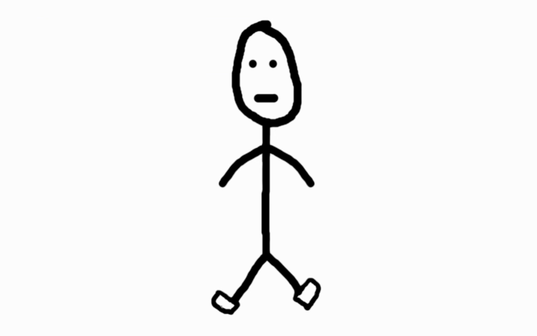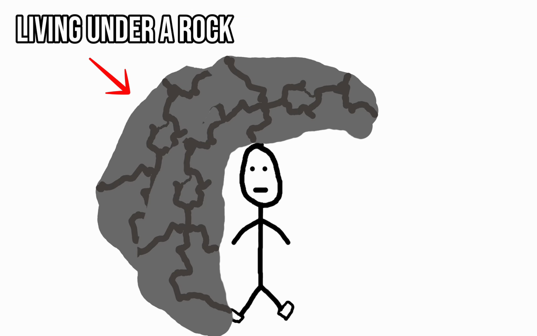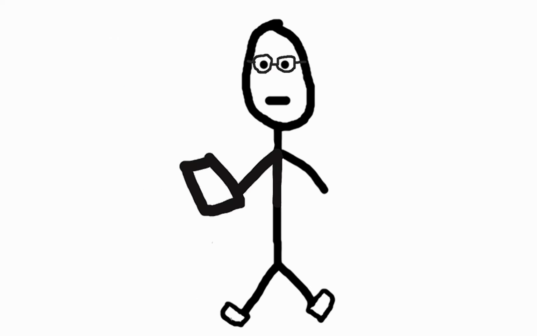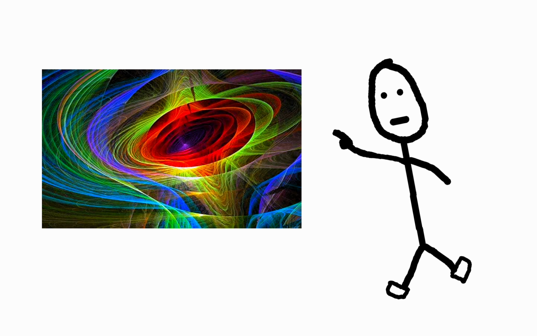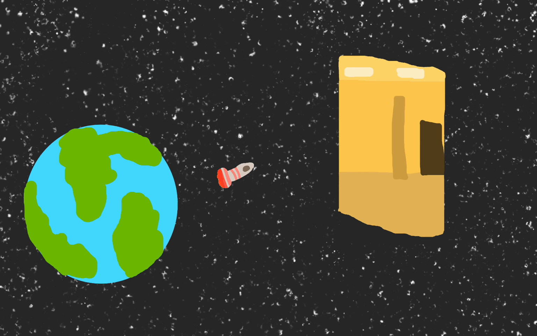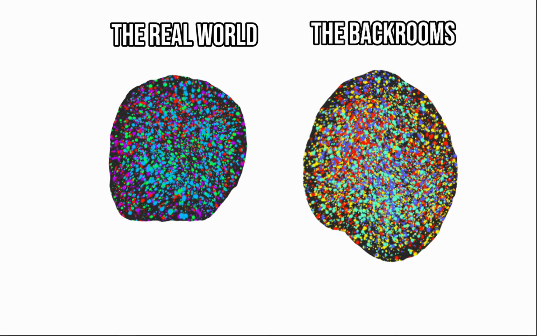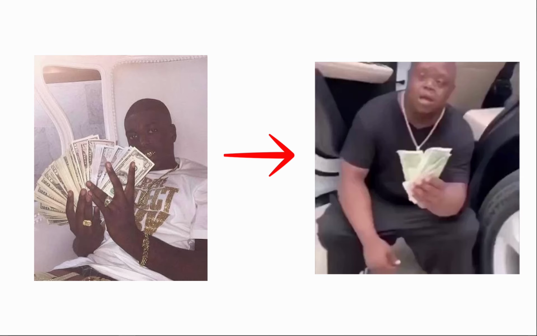So for any of you that does not know what the backrooms is, let me explain a quick summary. The backrooms is an alternate reality. It's not a dimension or something you can find in the universe, but the backrooms is coexisting alongside our own. It is connected to our reality with quantum entanglement. It's like a twin brother to the real world, except that same twin brother has Down syndrome and copies everything